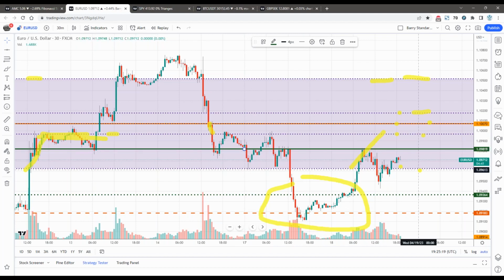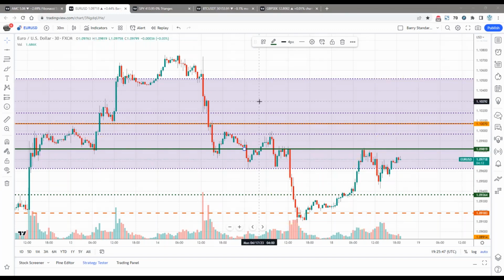So I wouldn't say 109,819 is my critical number. I know that somewhere around 108.9 is a critical level. So always give yourself some pips above and some pips below. But your support levels and your resistance levels are critical elements of understanding what this asset is doing at the moment. And making your decision based on price action, because together, price and these levels are speaking to you.